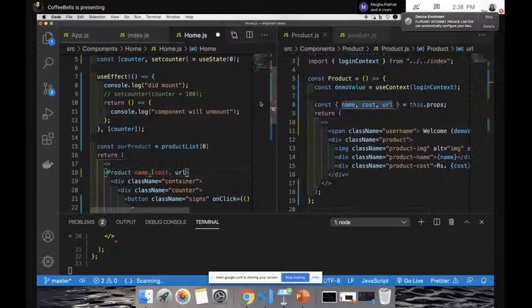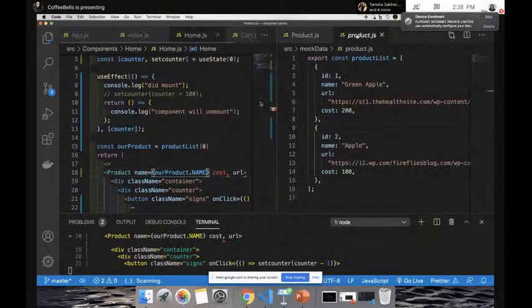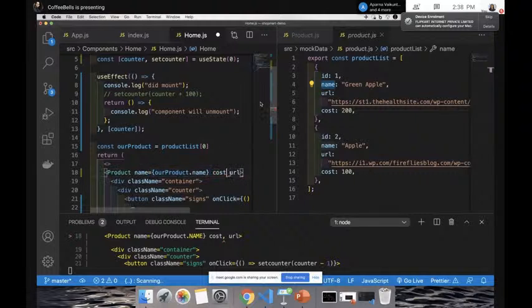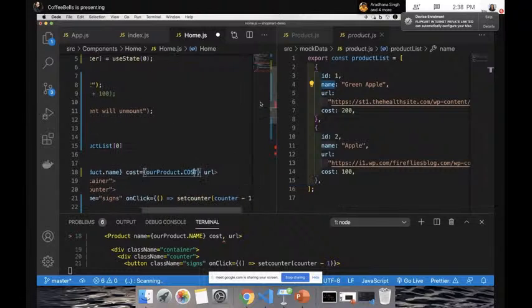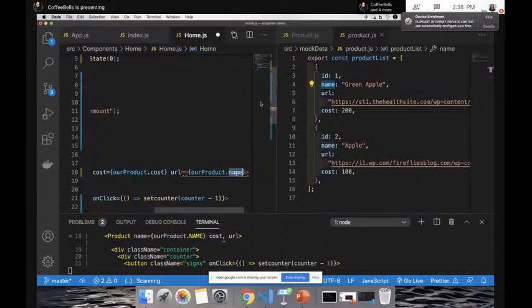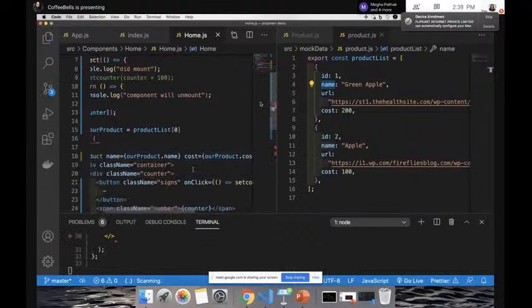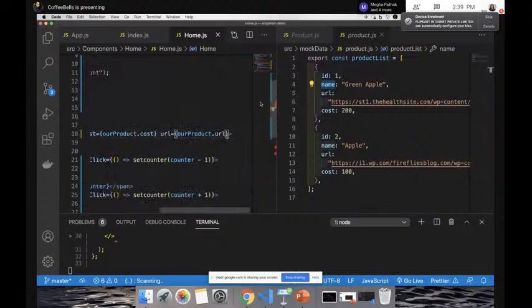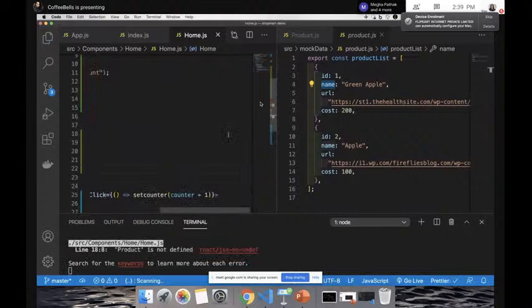So I will pass all these, saying name is our product dot name. Wait, it's called name, right? Yeah, name. Similarly, for cost, we will pass our product dot cost, and then caps lock, and URL would be dot URL. Cool. And we did not close product, so I'll put a backslash here.